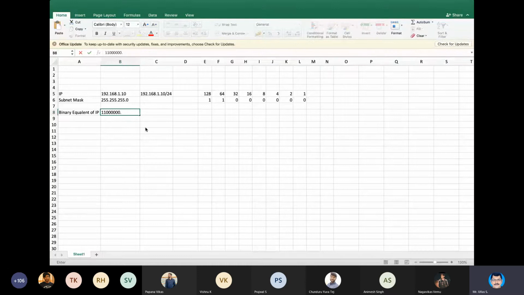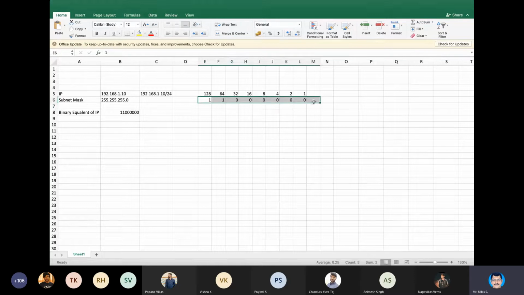Now I will calculate for 168. I'll remove this, it's no more required. 168, this is 1. Okay, so now 168, how much is left out now? 40 is left out. Am I right? Yes, sir. Okay, so 64, it's not there, only 40 is left out. 32, it's there. Now left out is 8. 8 I'll put 1. So definitely rest all are zeros. See, don't you feel this as easier?